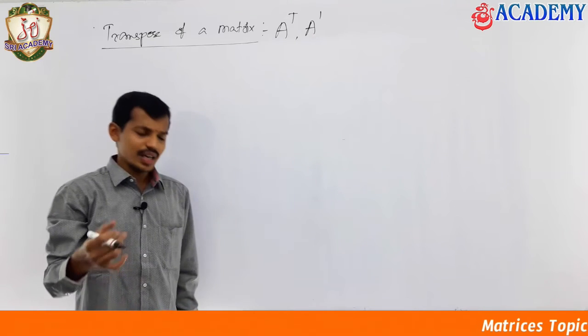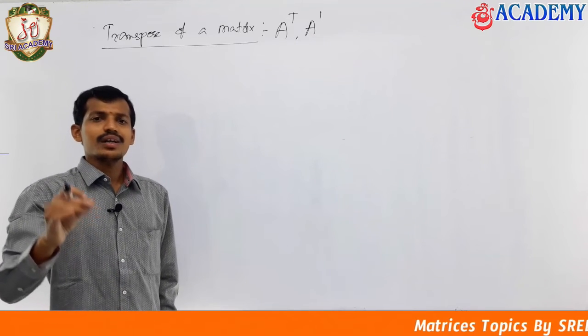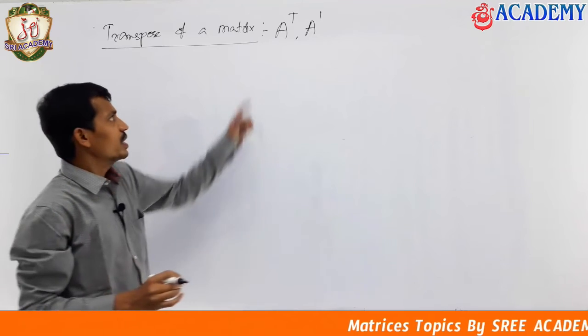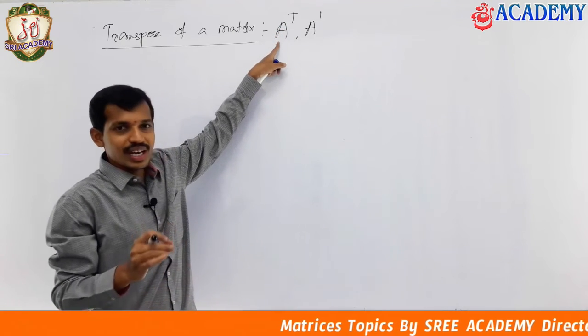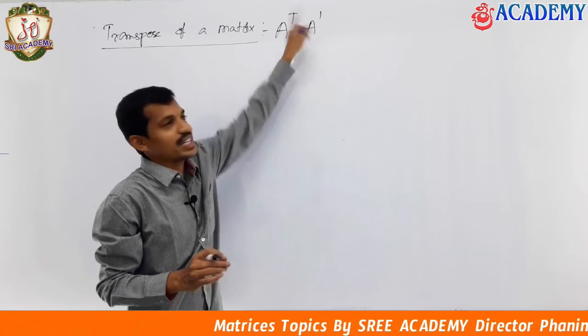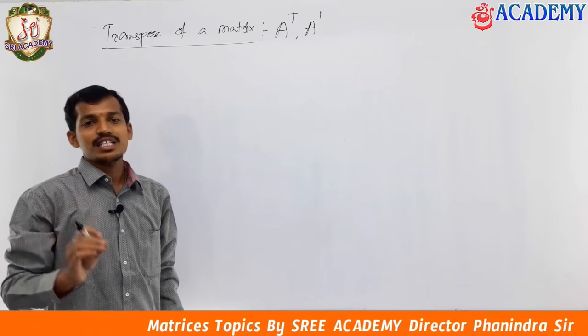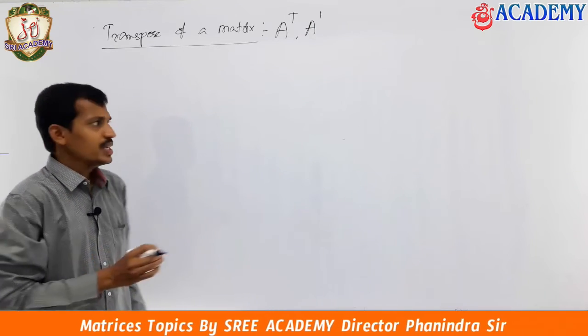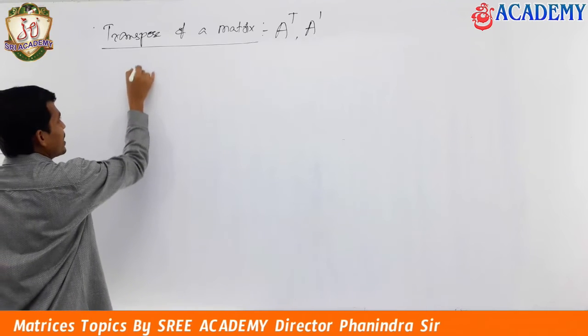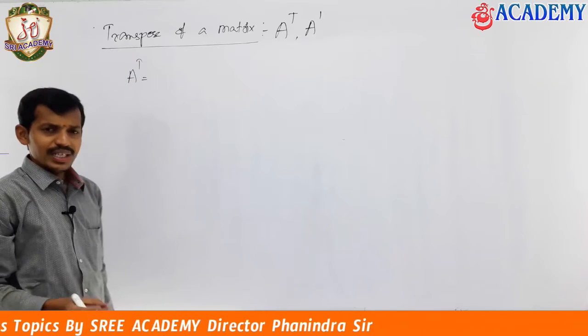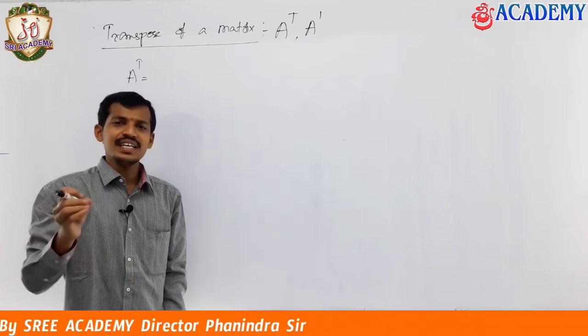We will read it as A transpose only. A power T is nothing but A transpose; we have to read it always as A transpose. Here A dash is also nothing but the transpose of a matrix. See, always the transpose of a matrix exists for each and every matrix, whatever type it is, not